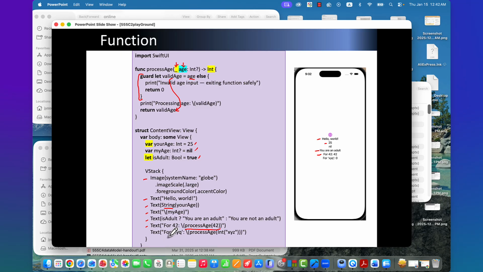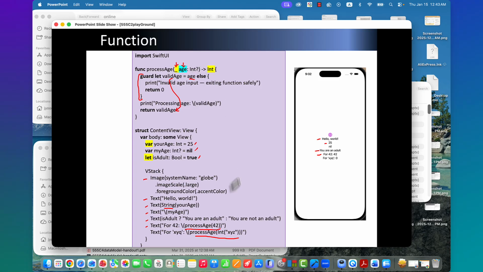And the next one is for XYZ, that is a string, and we also invoke processAge with xyz, because we want to return. This is the type of these variables, right?